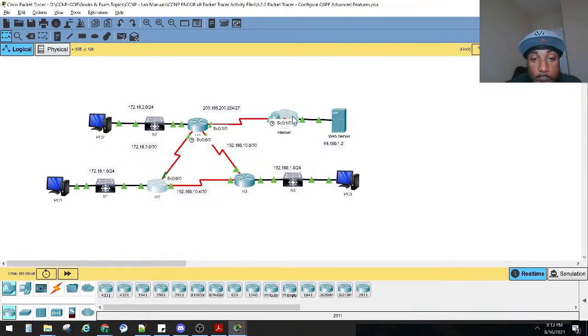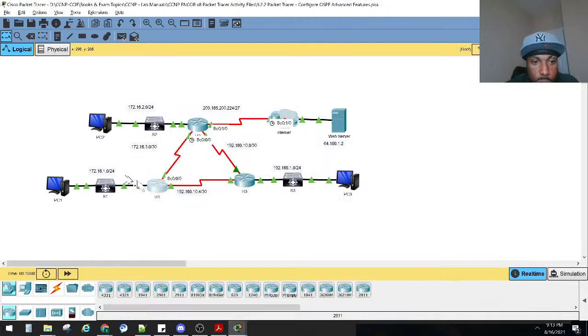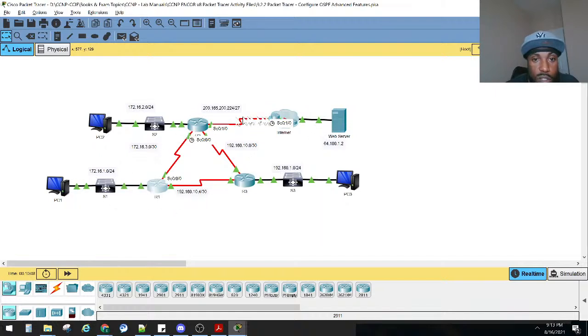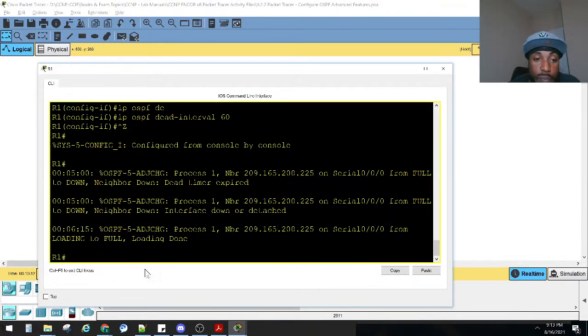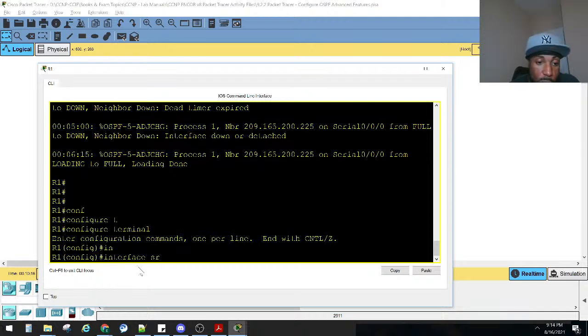It'll be more hops to go that way, basically, right? So I think it'll be, let me see, 1, 2, 3, 4, and then the 5th hop would be there. In this case, it was 1, 2, 3, 4. So now it's going to take 5 instead of 4 hops, right? Y'all with me? So we go to global config mode and make that